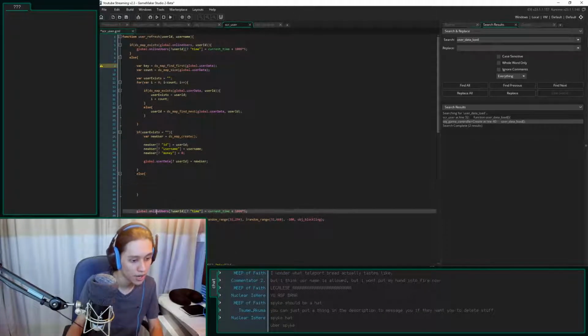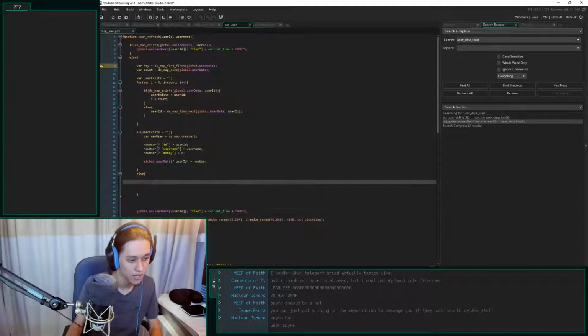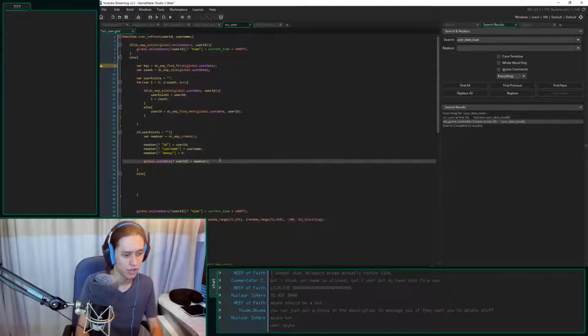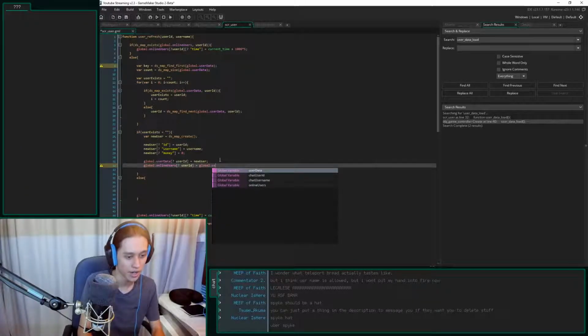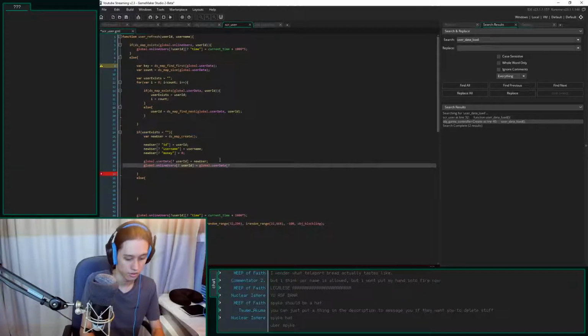Oh, that's right, online users. So you need to be put into the online user database as well. Global.online users, user ID equals global.userdata user ID.